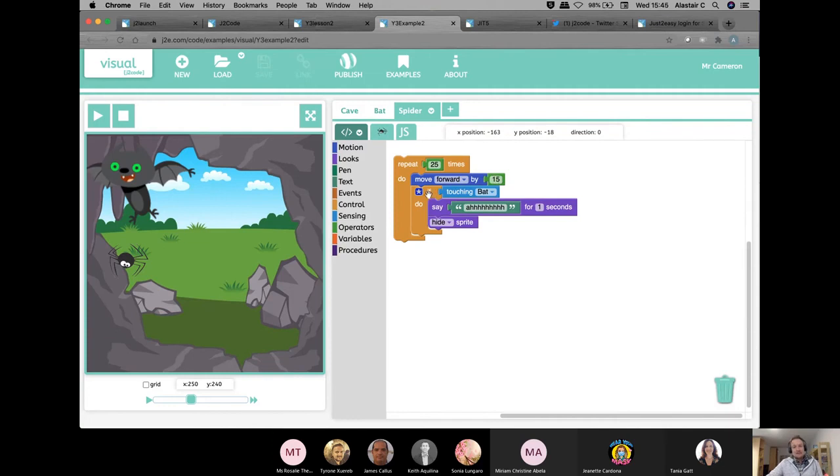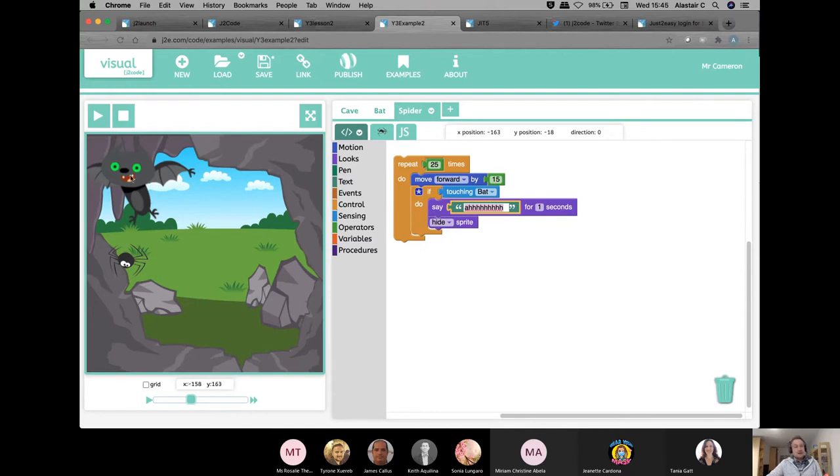The new command is if. And what's happening is if the spider is touching the bat, then this will happen. And it's showing that it is speaking for a short period of time, and then it's hiding.